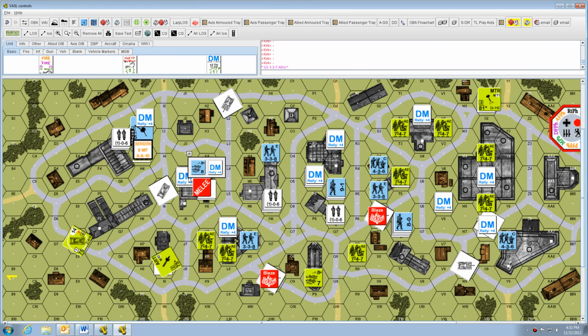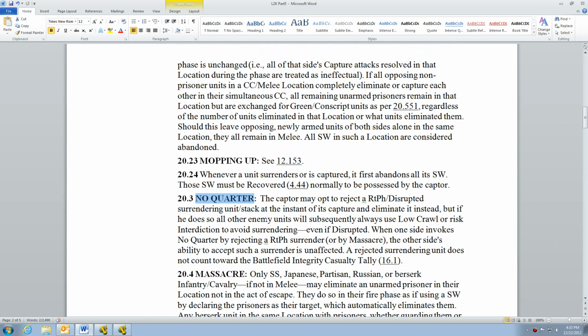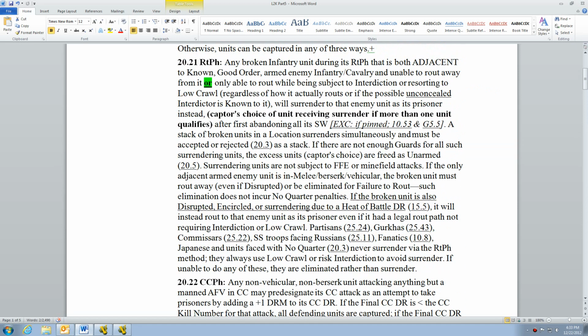We have another German unit here in J4. The reason this is set up the way it is, we have a broken unit in J4, and we have actually a melee in K5 between a full squad American unit and a full squad German unit. So the rule associated with this, the reason I set this up is